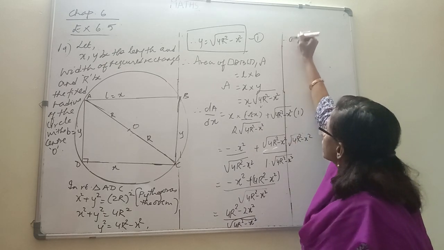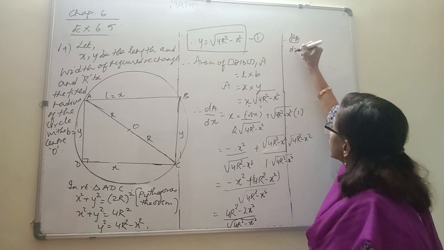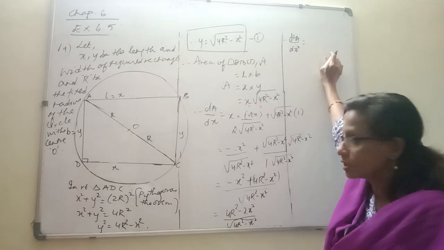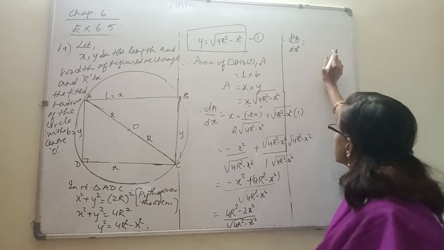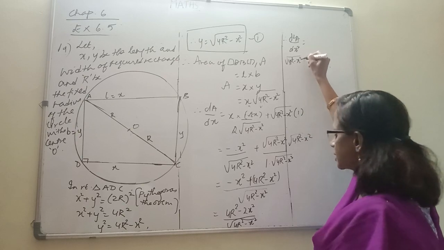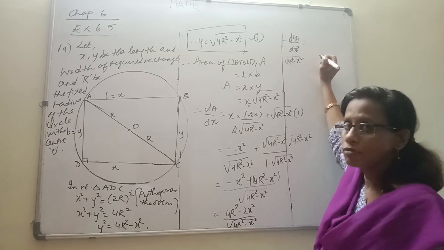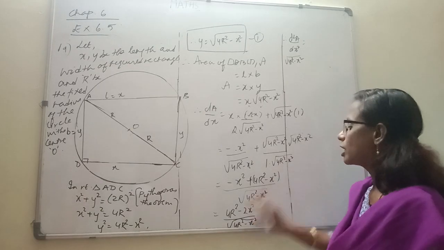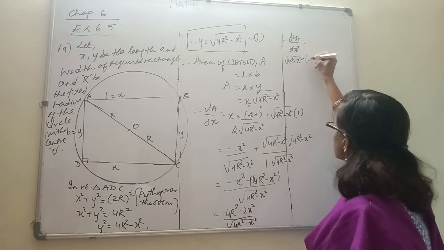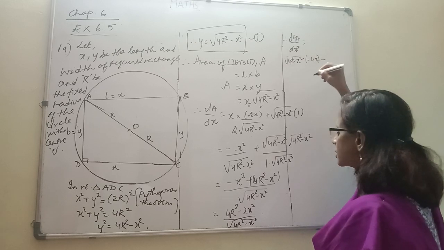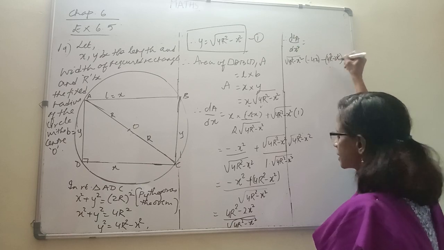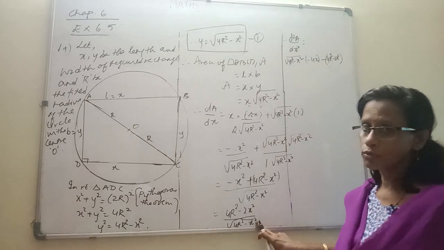We cannot stop there, so we have to go for the second derivative. In the second derivative, obviously we have to look at it as a quotient and we have to work with the quotient. So first we will keep root of 4r squared minus x squared as it is and get the derivative of 4r squared minus 2x squared. 4r squared doesn't have a derivative. Derivative of minus 2x squared is minus 4x. So also minus 4r squared minus 2x squared as it is,